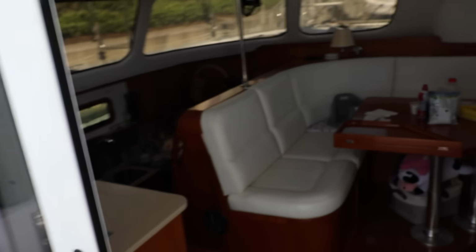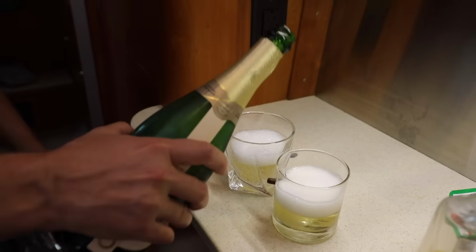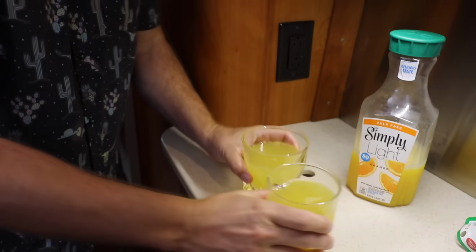Gonna have some mimosas. We're so happy to be back aboard. It's been a while, and there's nothing like being on the boat. Cheers, honey. Cheers. Welcome back. Is that the correct way to do a mimosa? Well, this has way too much orange juice, but...